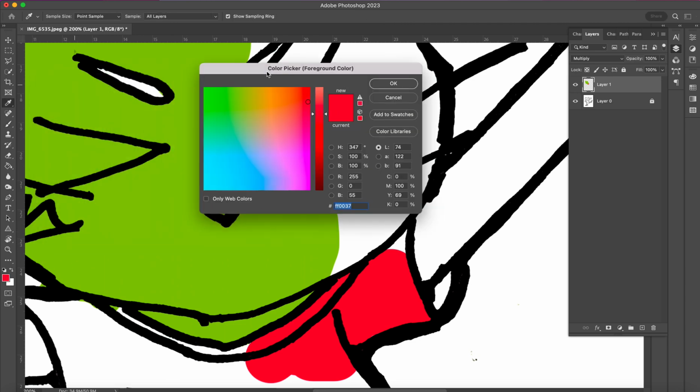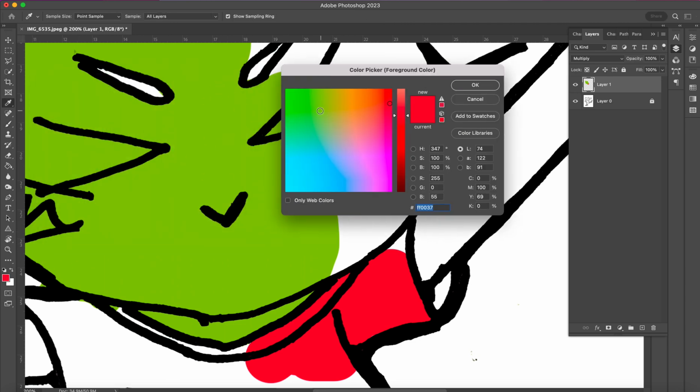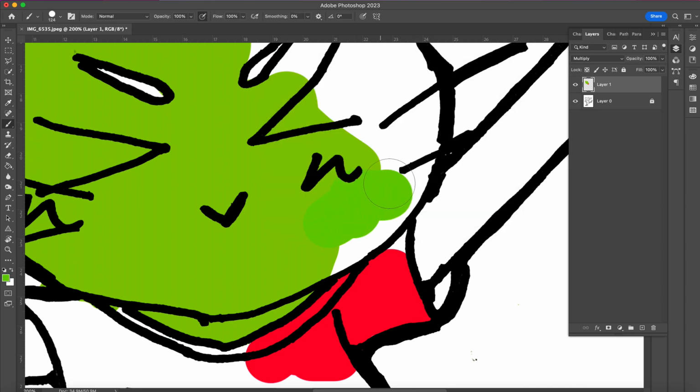Now, how do I match the exact same green? I can try to eyeball it, but it's not going to work. I mean, if I do that, you're going to see it's slightly different. It might be hard to see on the video, but they don't match perfectly. But if I go to, I'm going to just undo that really quick. If I go to my